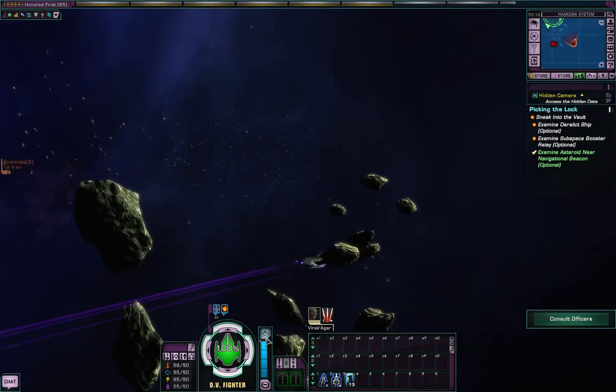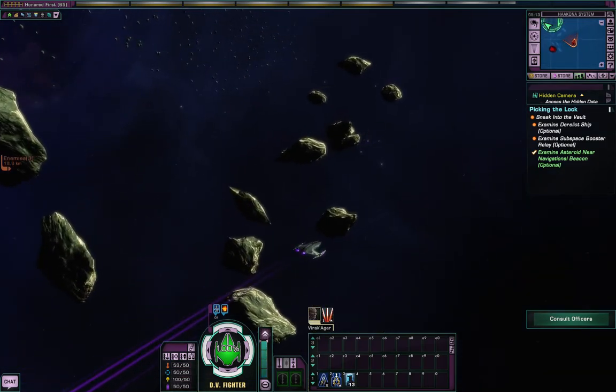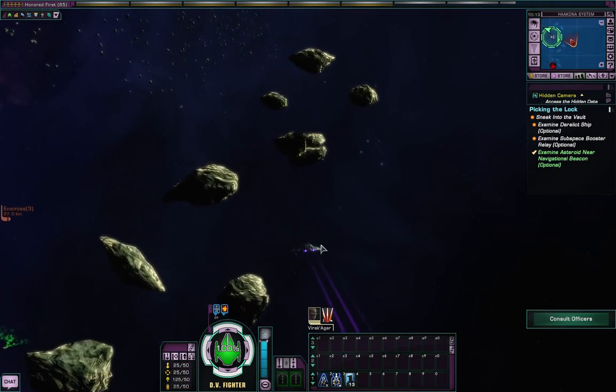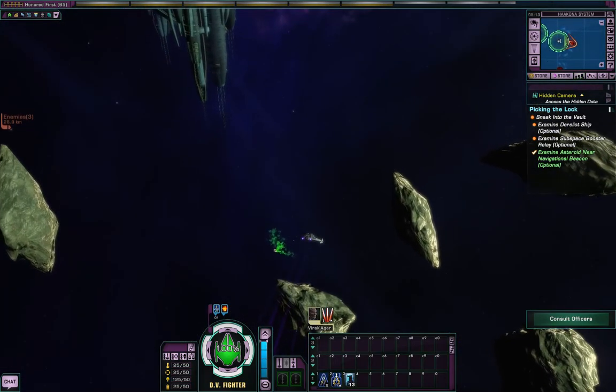Okay, so where's that green blob? There it is. Slow down so we don't accidentally...